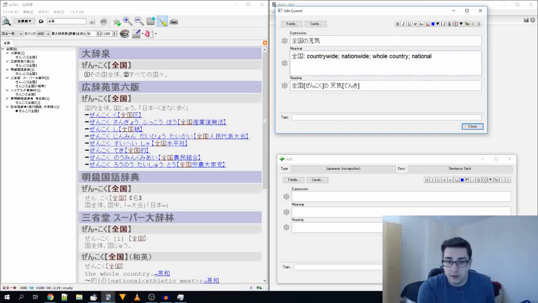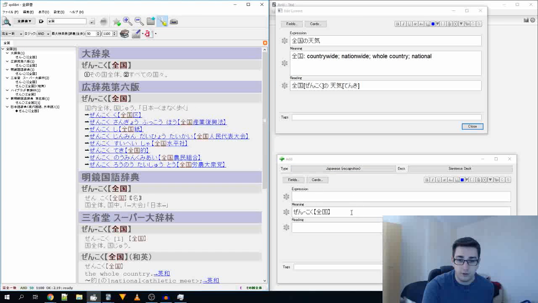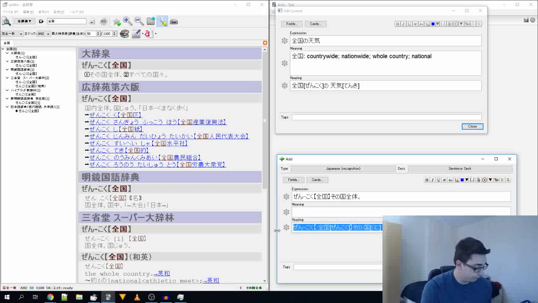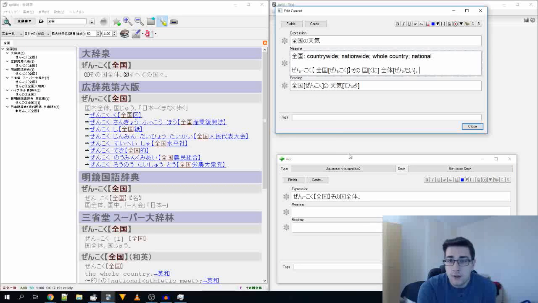So what we can do here is we can add cards whilst also editing cards, but we're not actually going to add any. We're going to take the word in Japanese from the dictionary like this. We're going to take the first meaning because that's what it means in this case. We're going to copy all of it into expression. And then if we click on reading, it'll generate the furigana for you. You can then just copy and paste this into your meaning section, and then you will have the furigana.